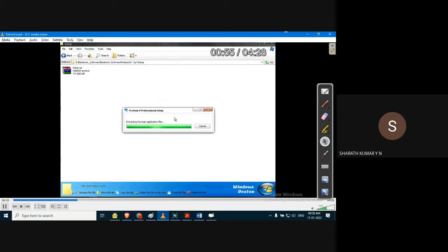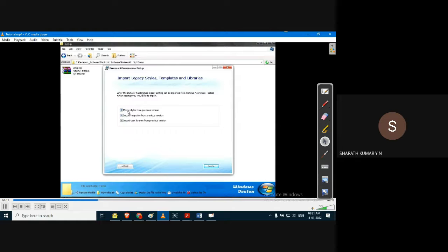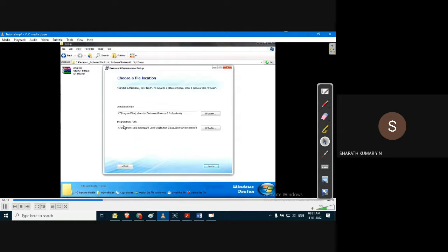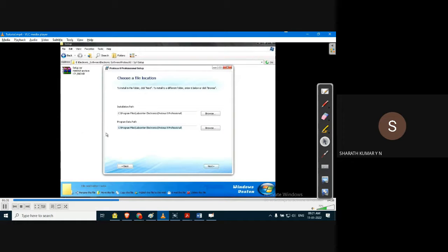So after extracting, installation is as usual, just like a normal software installation. You can go for a typical or custom, where you can modify the program data path. You can select any location of your choice, or the default set by the software.